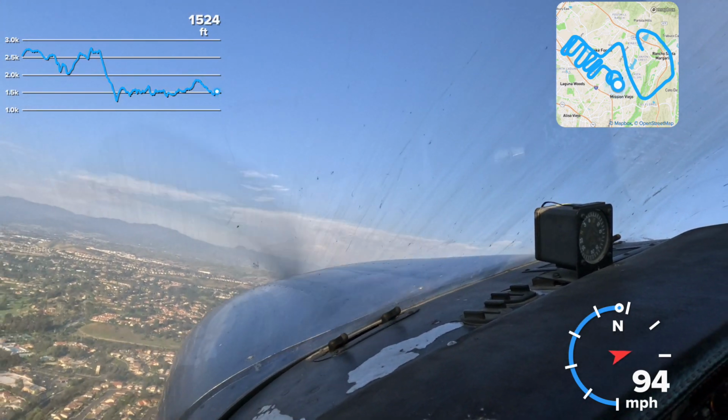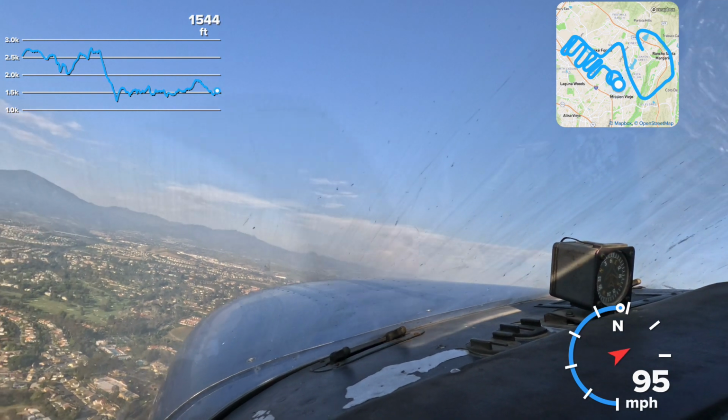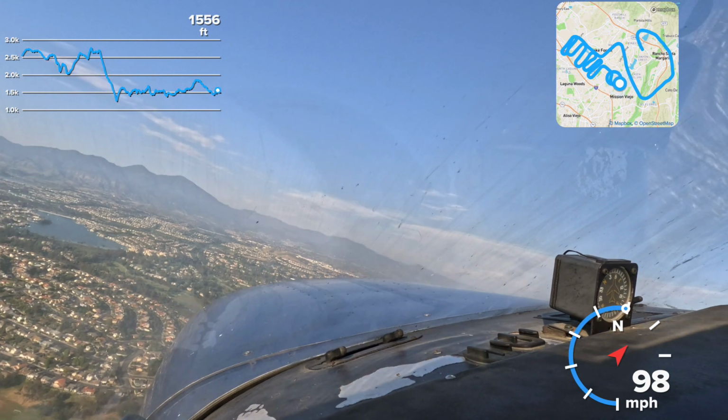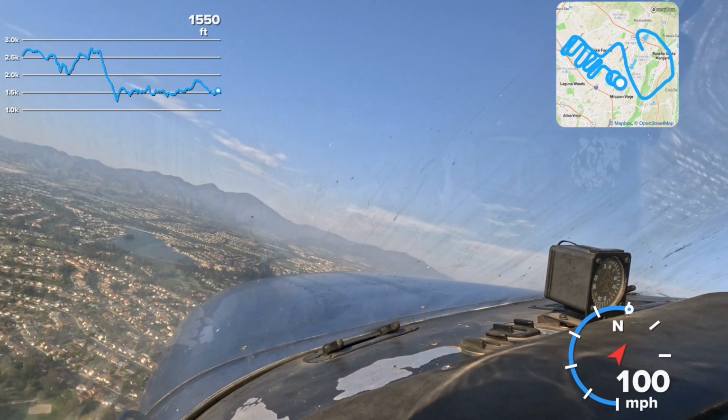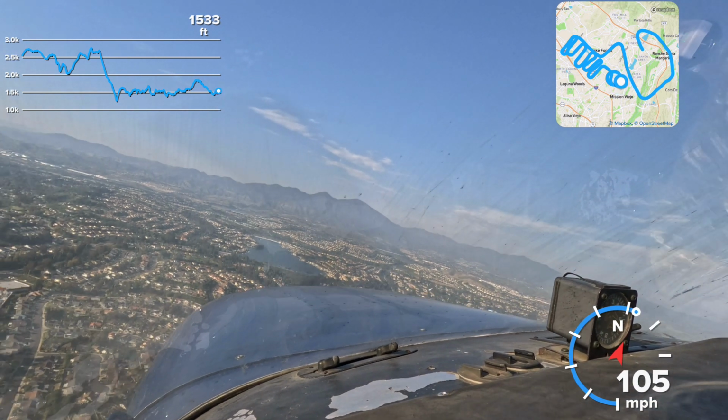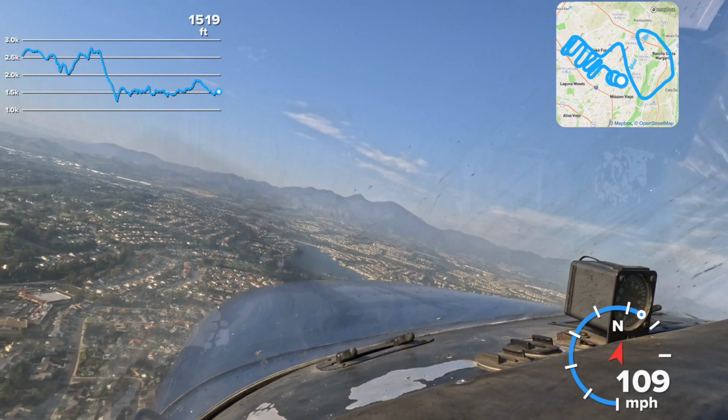So if it's too far back, you pull up a little bit with the back pressure. Correct. You want me to get closer to it? No, this is a great distance. Because if you're too close to it also, you might, it's kind of that, when we were doing